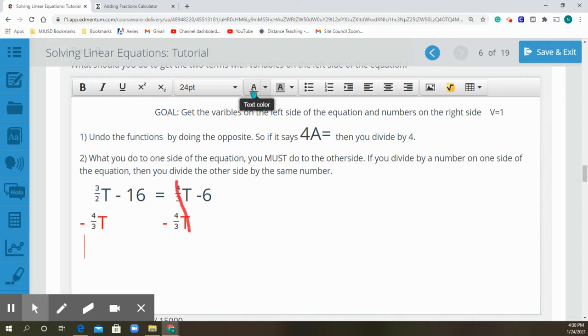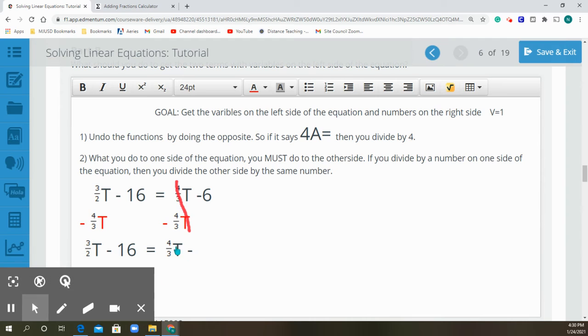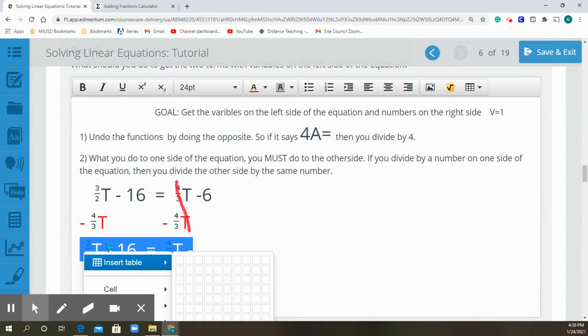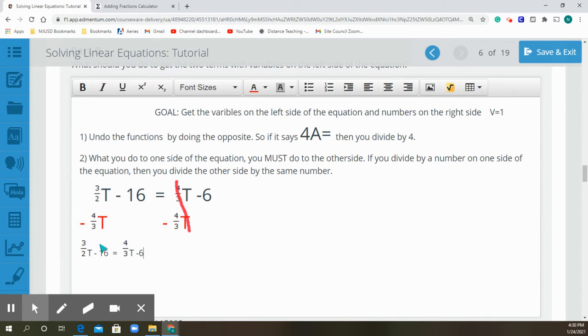and I think my text color is going to be wrong, but let's go. So we subtracted this. Edit, undo. No. Let me try again. Things happen. So, font size 24. Okay. So we subtracted this. So I want to get rid of that. All right. And we subtracted